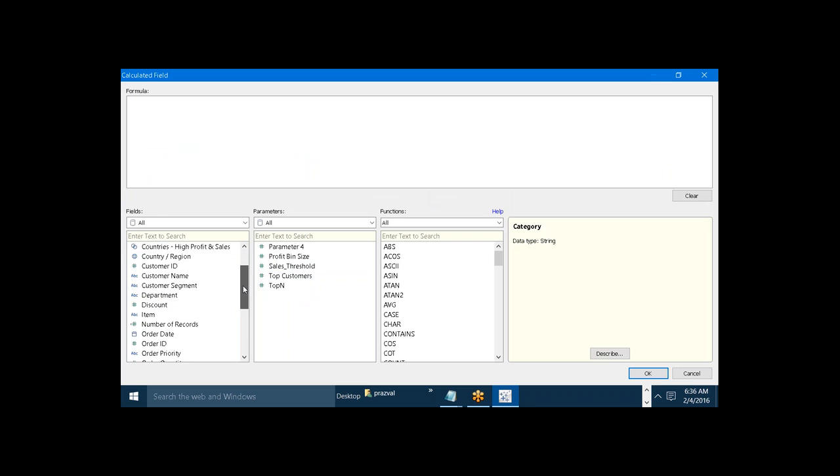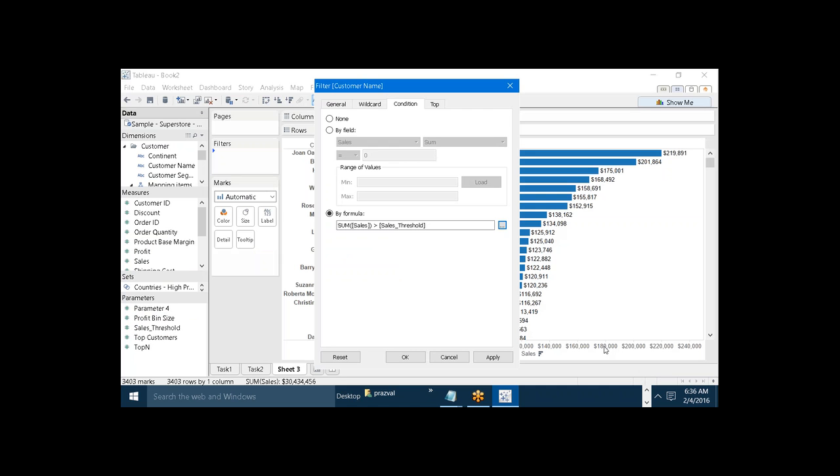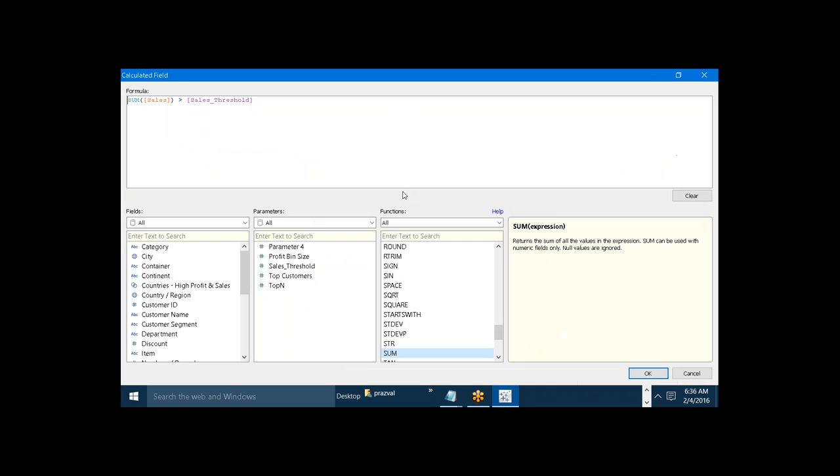So the formula is here, we have to take sales. So we have to take sum of sales. Sum of sales should be greater than the parameter. The parameter is sales threshold. So just hit OK. So now what I'm taking here is that my sales value should be more than